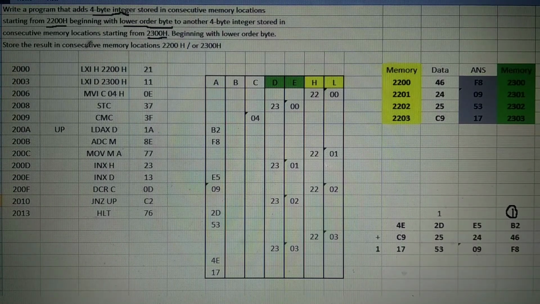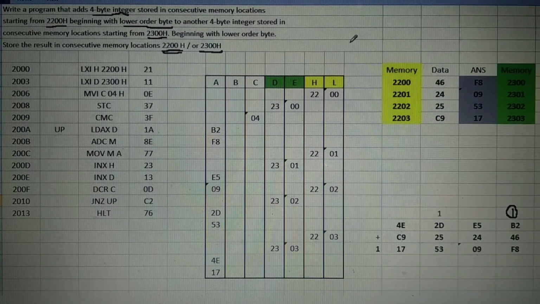Store the result in consecutive memory locations starting from 2300H or 2300H. That means either to